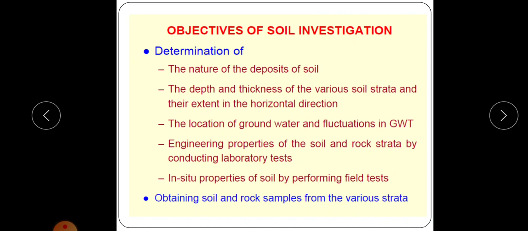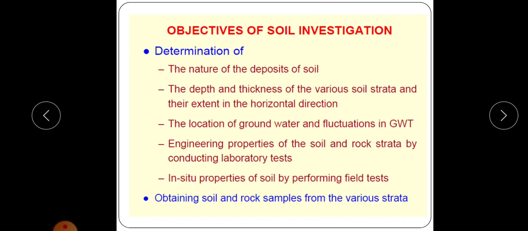So the site investigation or subsurface exploration is usually done in order to obtain information about subsurface conditions at the site where we are going to build any structure. So before starting our construction work, we have to do this site investigation process. The information about the surface and subsurface features is essential for the design of structure and for planning construction techniques. So it is one of the important stages for any construction work.